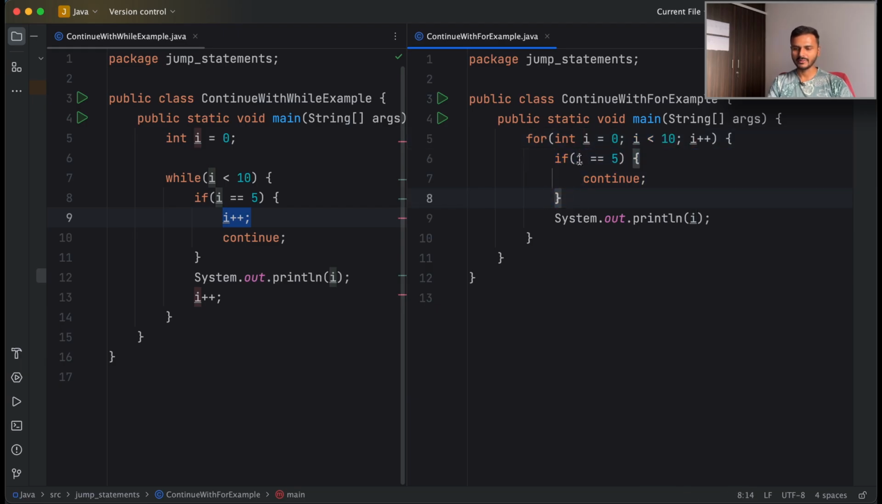So what would happen is if i equal to 5, which is true, it would continue. And when it continues, it goes to the next iteration. So in case of while, it would go from continue to the condition. But in case of for, it will go from continue to this expression, which is increasing the value of i by 1. And that is why we did not need to put i++ over here in the body